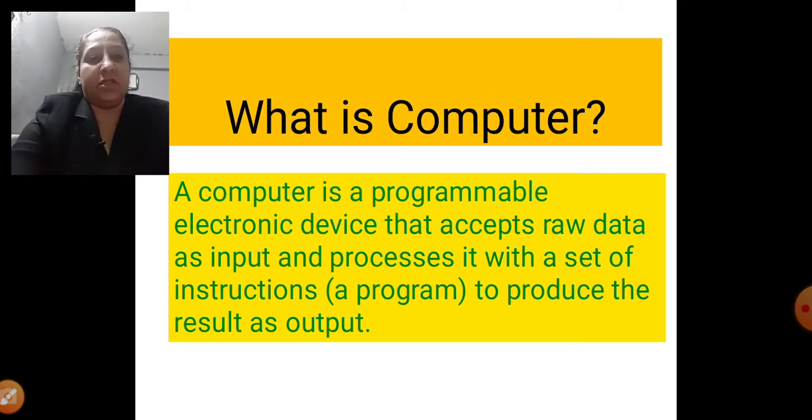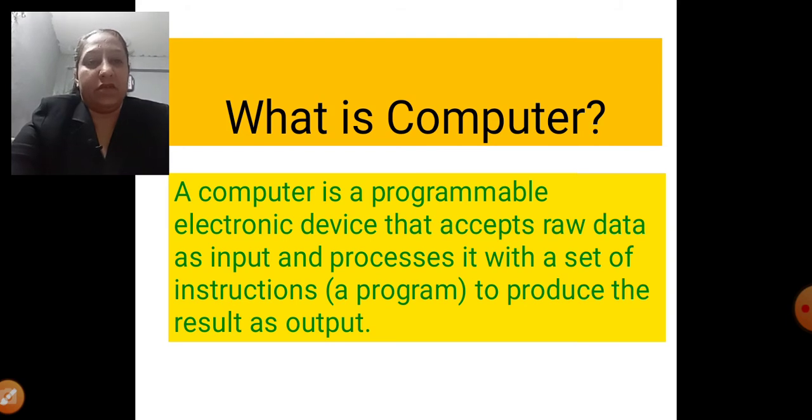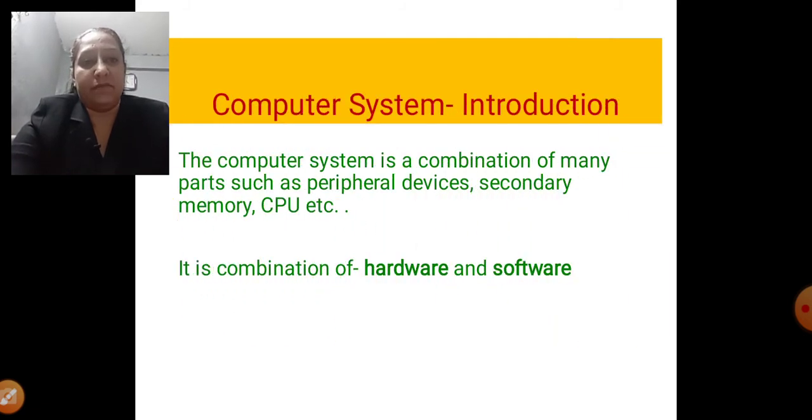A computer is not a machine, it's an electronic device which accepts raw data from the user, which we call input. Then it goes to the processing part, and at last that processing part completes it into the final result called output. This is the definition of computer. Computer accepts the raw data, it goes into the processing unit, which is collectively called the set of instructions or program, and at last we get the processed result on the monitor screen, that is your output screen.